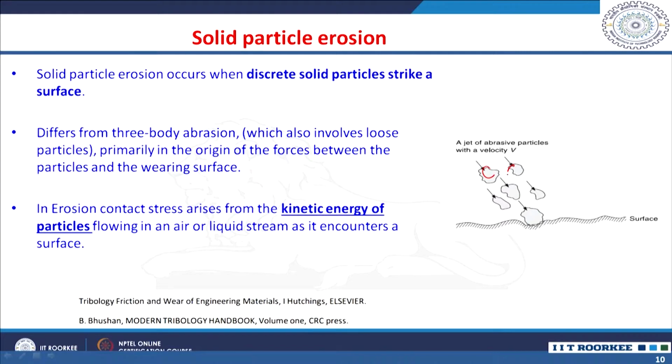Then comes solid particle erosion. Solid particle erosive wear is the dominant erosive wear found in several engineering applications. In coming classes, we will also see several case studies on the solid particle erosion of several ceramics and ceramic composites. So, we shall study solid particle erosion thoroughly. Solid particle erosion occurs when discrete solid particles strike the surface with a high velocity, right. So, they come and then impinge on the surface, and they will have an interaction when they impinge on the surface.